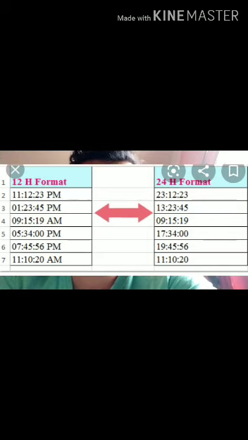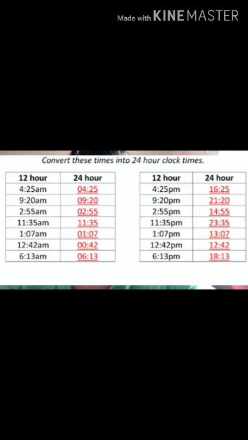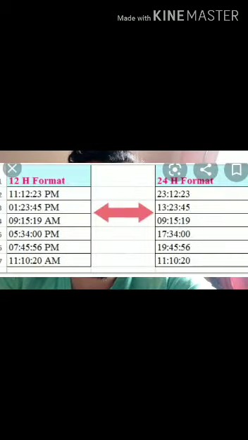the 24-hour day is divided into two periods of 12 hours, numbered 1 to 12. The time period of 12 hours from midnight to noon is AM, ante-meridian, and from noon to midnight is called PM, that is post-meridian. So for example, if we see 6:15 AM, it represents the morning, and 6:15 PM represents